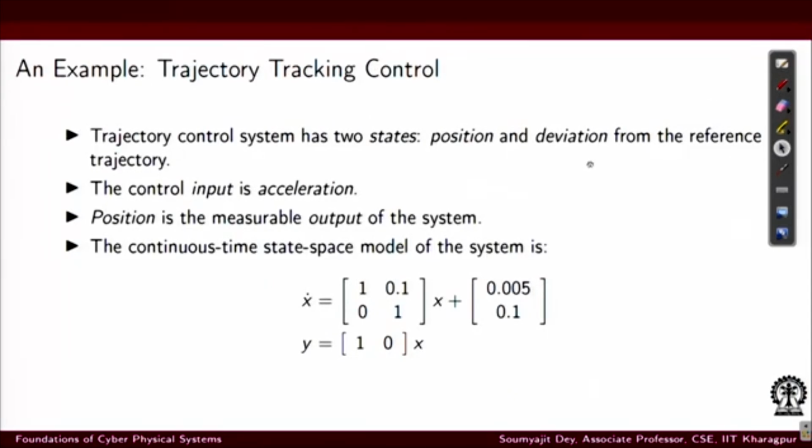So, let us take an example here. Let us take this example of a trajectory control system. It has got two states, position and deviation from reference. And let us say your control input is acceleration and position is the measurable output of the system. So, not all states are visible, like deviation we are not checking here, and the continuous state space system model